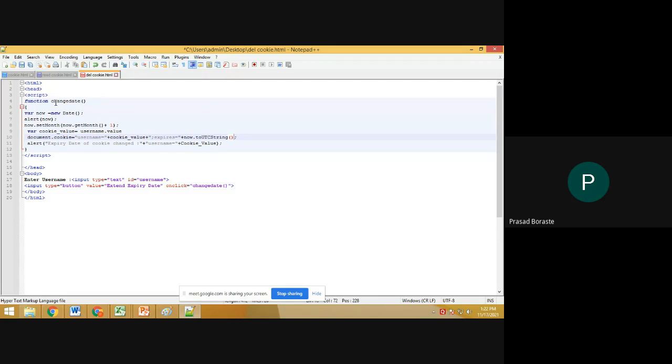So now, this is the cookie value, and we are running here the expiry date.